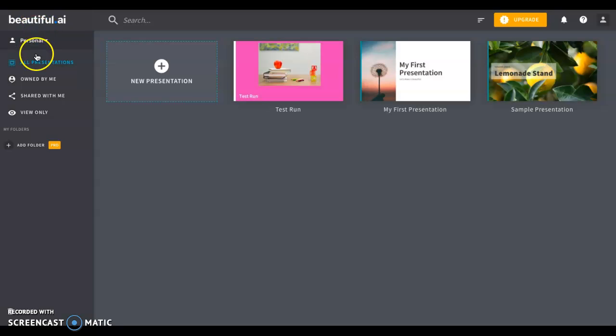Over here on the left, you'll see personal. This is my personal workspace. You can create additional workspaces for teams, but that is part of the upgraded package. Other ways to organize is all presentations,